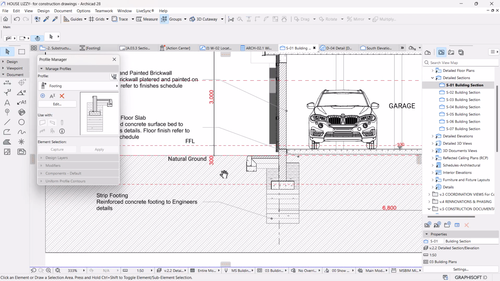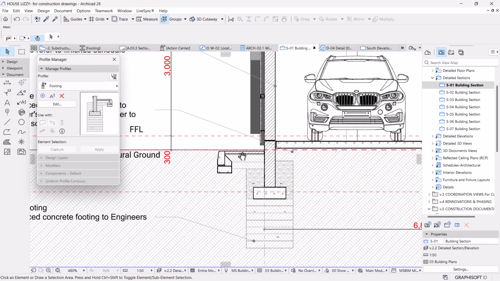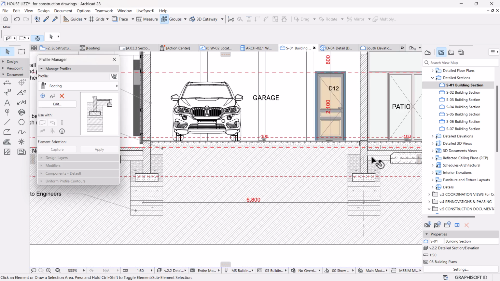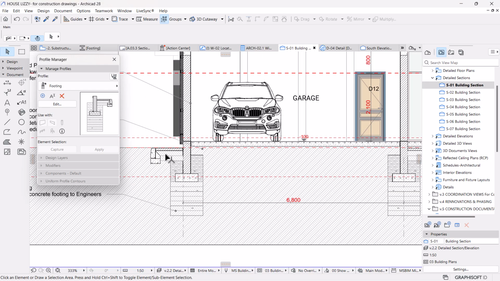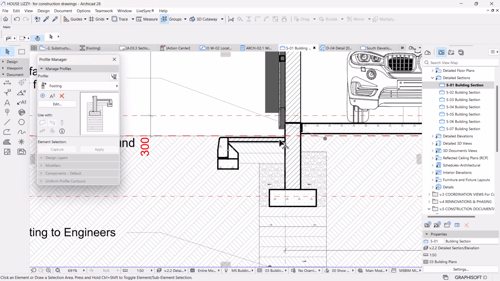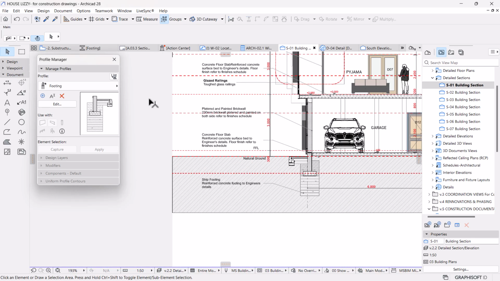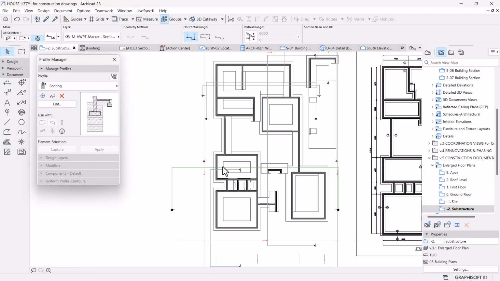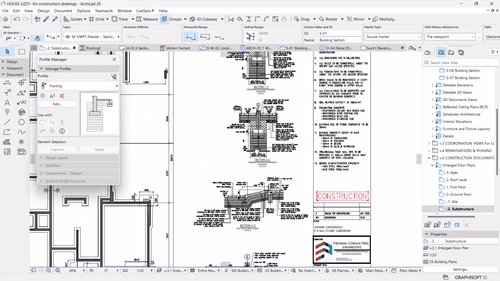So the natural ground was 300. The height, the floor finish was 300. I don't know why he's because this looks like it's beyond 300. It's another thing that we should look at as well. So if we go back to his detail and see if